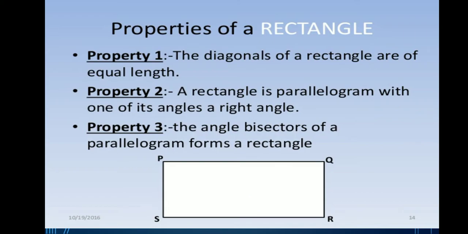Starting from the rectangle. A rectangle is a parallelogram in which each angle is 90 degrees, and it is called a rectangle. Over here you can see that in a rectangle opposite sides are equal and parallel to each other, and diagonals of a rectangle bisect each other. Bisect means divided into two equal parts.